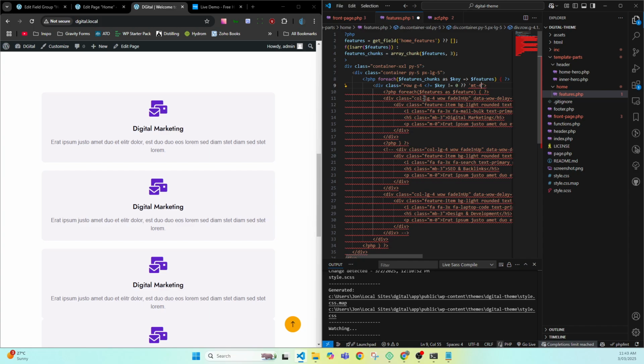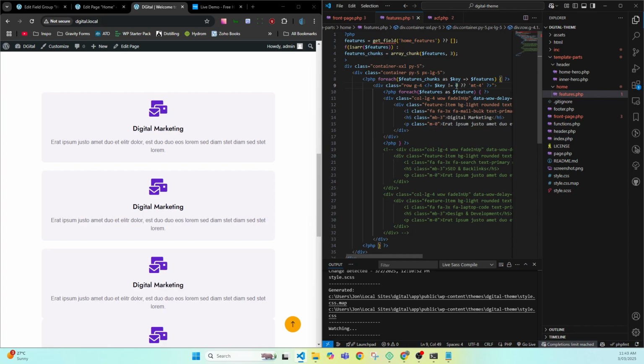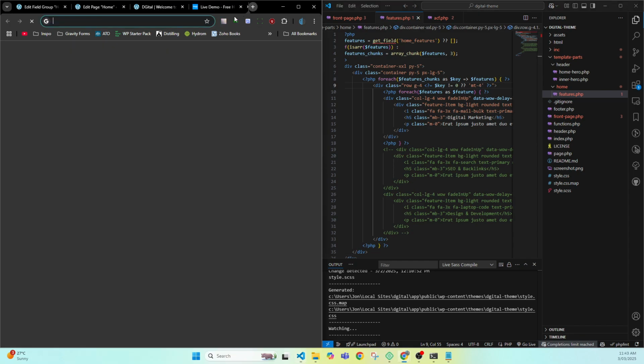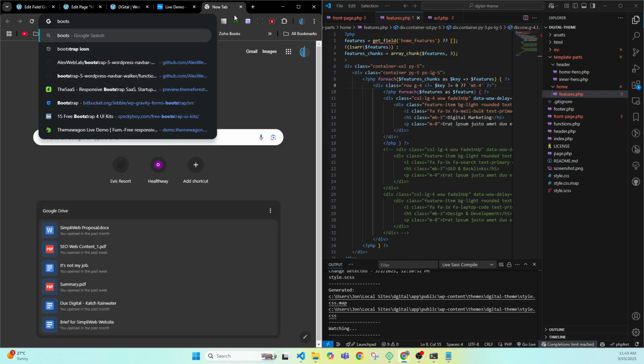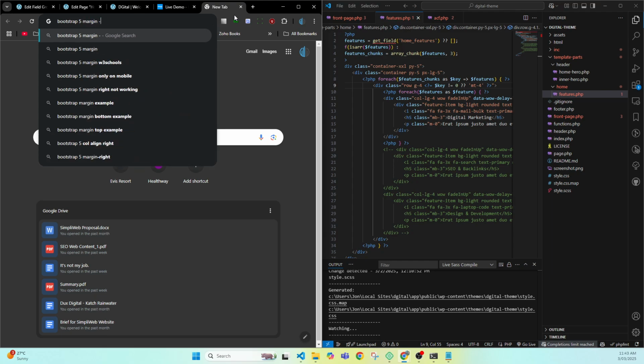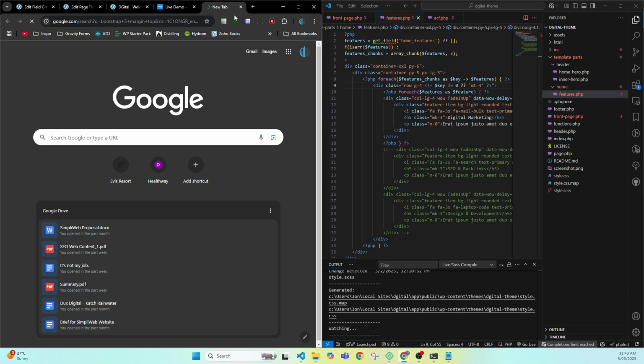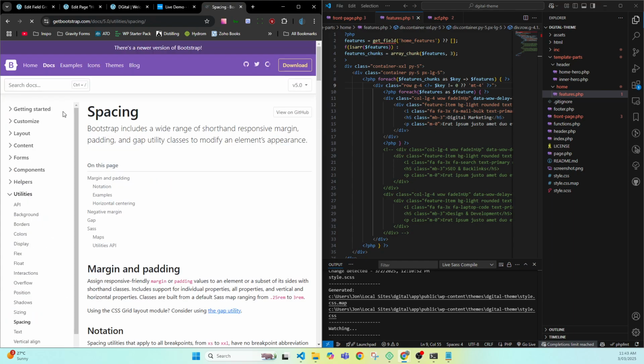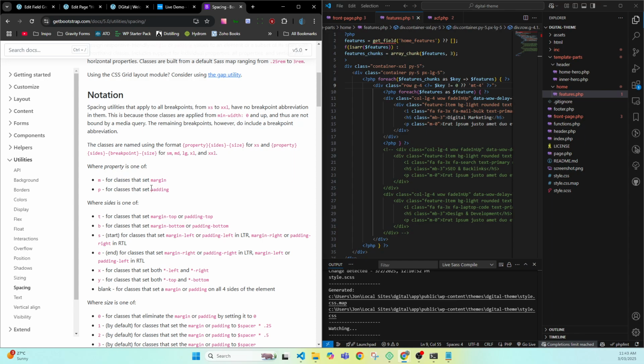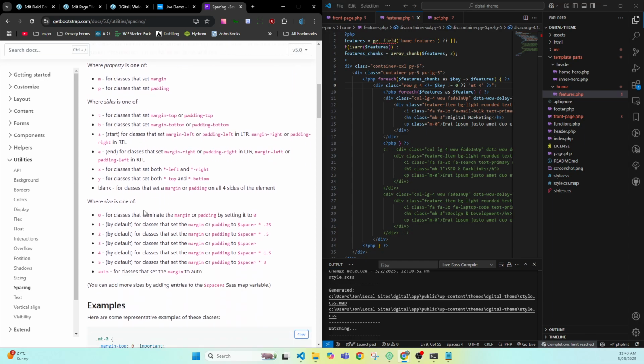Maybe 4. So we're saying if the key is not 0, so basically if it's not the first one, let's give it a class of mt-4, which I'm pretty sure is the Bootstrap. If we go Bootstrap 5 margin top. So we want mt, so mt-4. Cool. So now if we